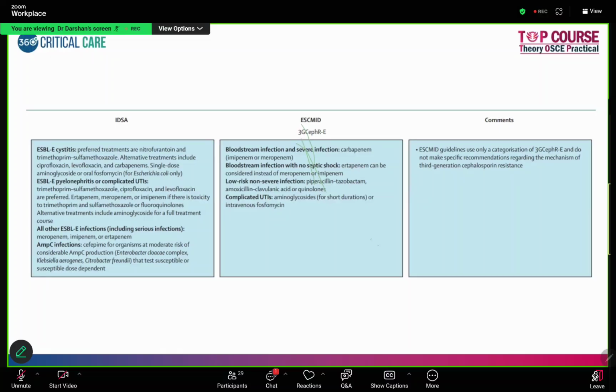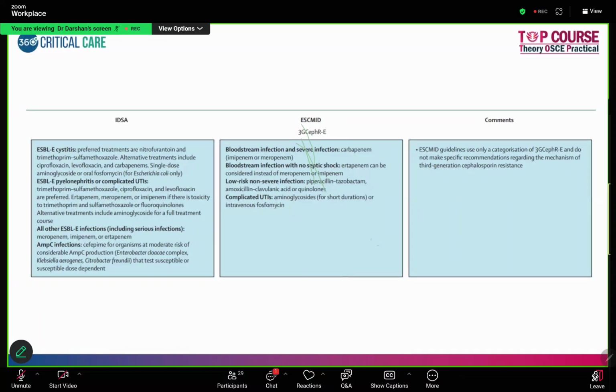Oral fosfomycin and single dose aminoglycoside are preferred for ESBL cystitis when the organism which is grown is E. coli only. Otherwise, if it is non-E. coli cystitis, probably you might have to choose a fluoroquinolone or a carbapenem as a standard regimen for around 5 to 7 days. That is the duration of therapy which has been mentioned for